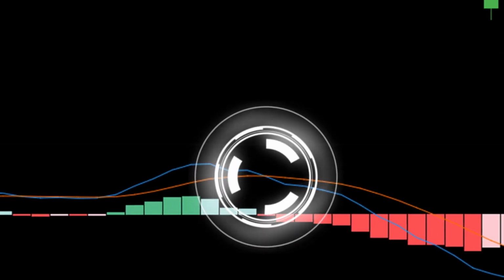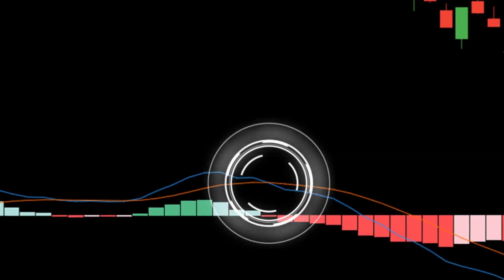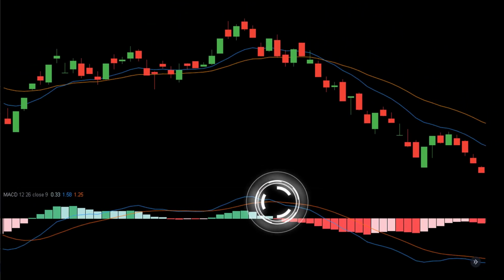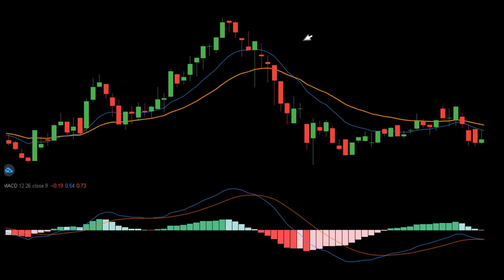This crossover can give you an early signal of a potential trend reversal, while also offering a better entry point and a tighter stop loss. Let's break this down with an example. We'll use the 12 EMA and 26 EMA on the price chart, along with the MACD indicator below. Since the MACD is calculated using the 12 and 26 EMAs, this is a fair comparison.